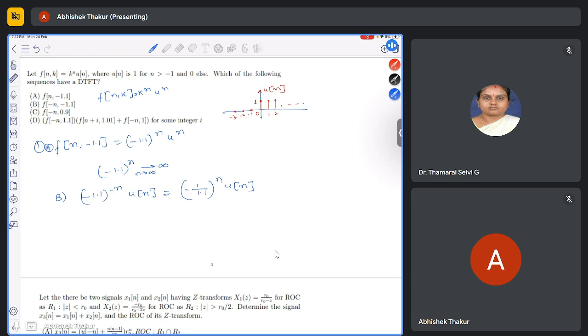So now we will see whether this is summable or not. We have to see, when n tends to minus infinity, this term becomes infinite again. Okay. Now option C is